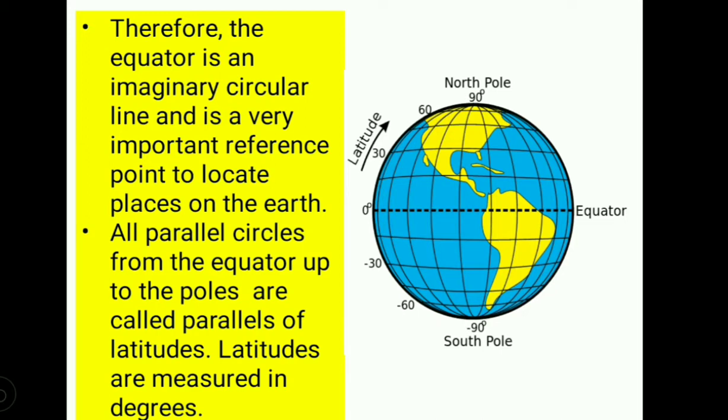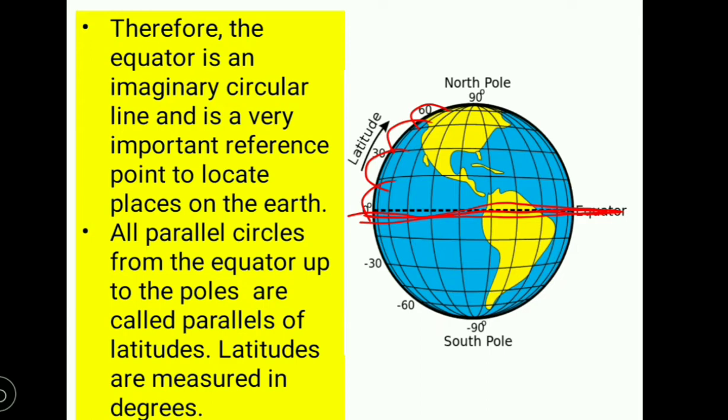Therefore the equator is an imaginary circular line and is a very important reference point to locate places on the earth. It is very useful to locate places because it is the basic line to measure all the latitudes, because we have given degrees to all latitudes. The first one is 0 degree. It is the measuring point. From the 0 degree we can measure all the latitudes available on the earth's